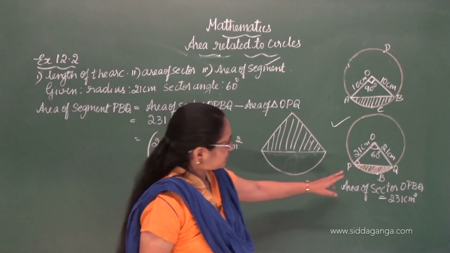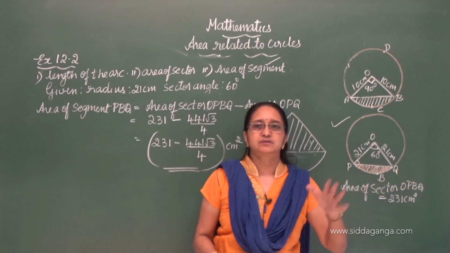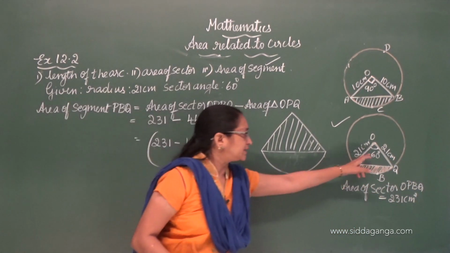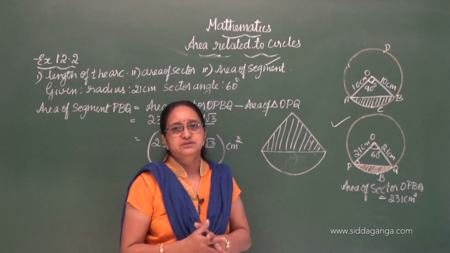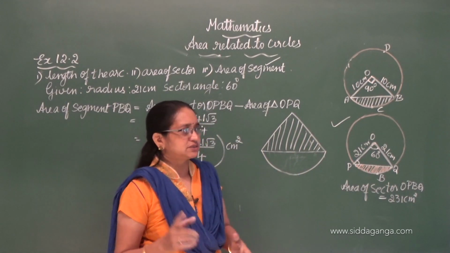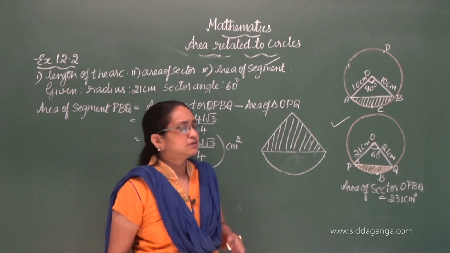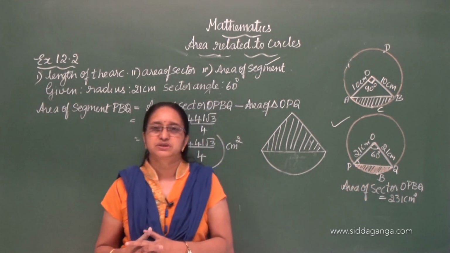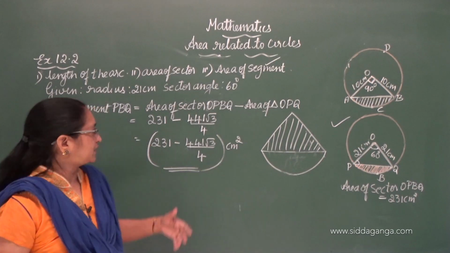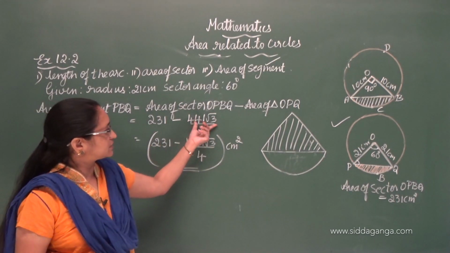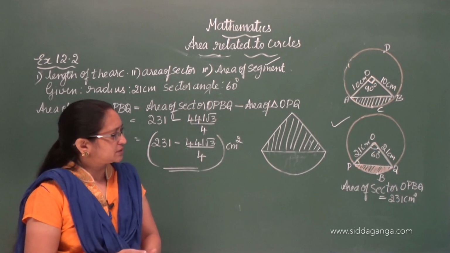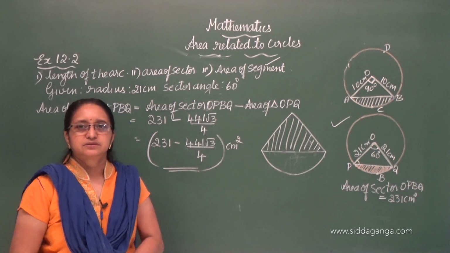Actually, instead of putting root 3 by 4, we have another method also, which I am going to show in the next class by using 120 degree if it is given in a different way. See, 90 degree you can apply easily. This 60 also I am going to show in the next class in a different way. Here I have used this method. In the next class I can show you a different method. Okay. So thank you.